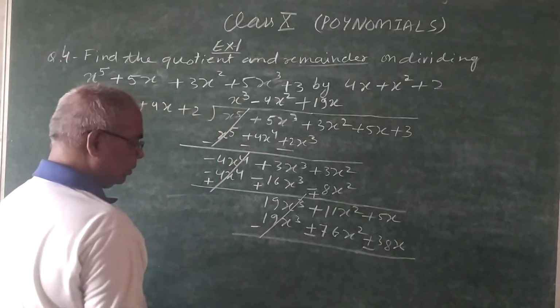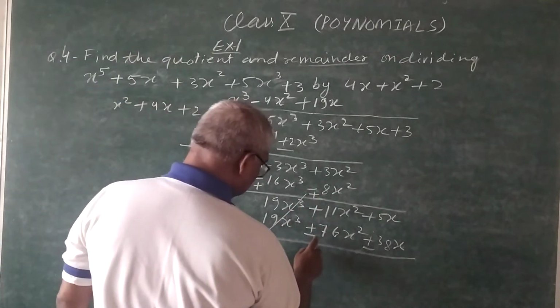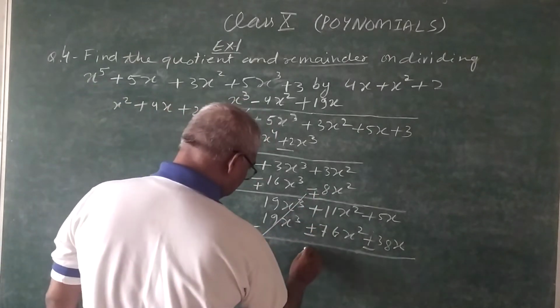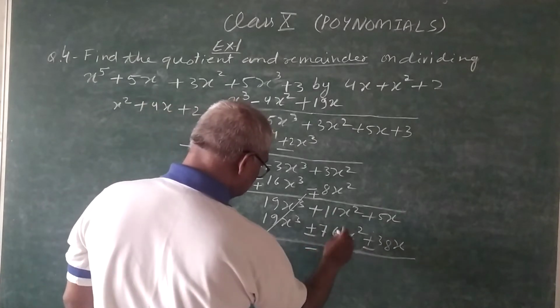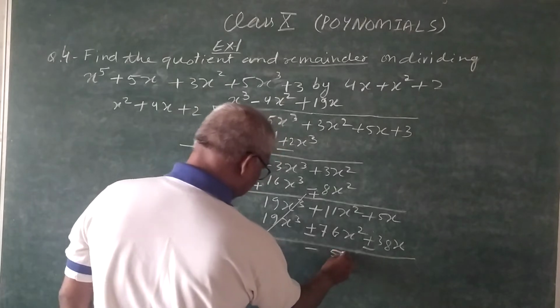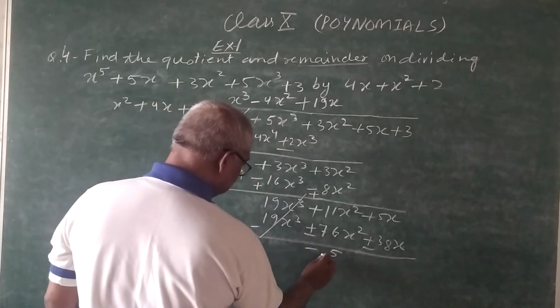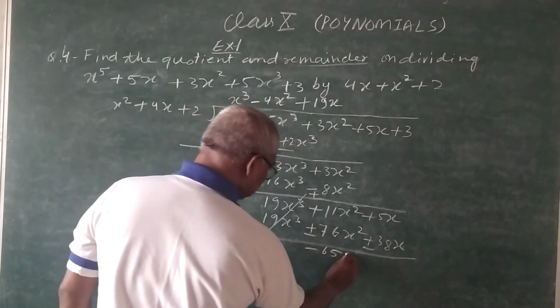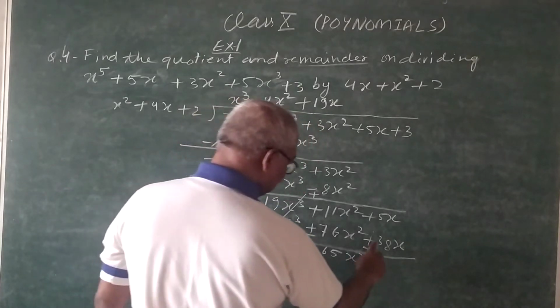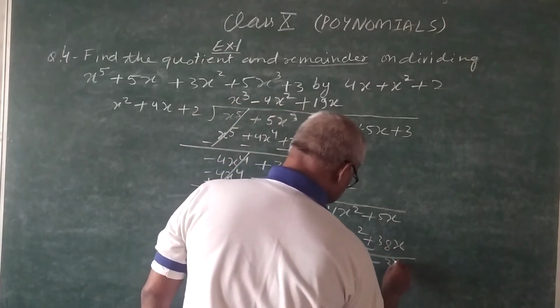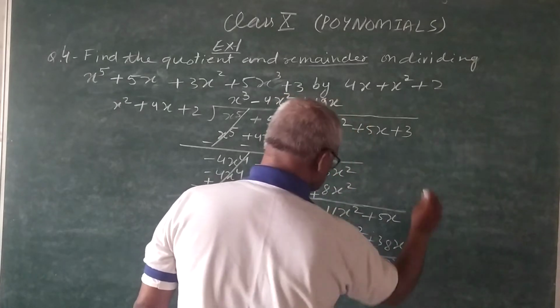It will be cancelled out. So it becomes, that is a negative and it's your positive, so it becomes negative. Negative is larger. So 6 minus 1, that is the 5, and 7 minus 1, that is 6. So 65 of x square, and here is minus 33 of x. The last one is plus 3.